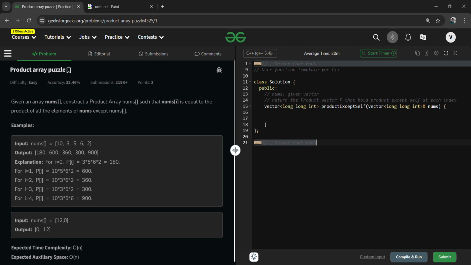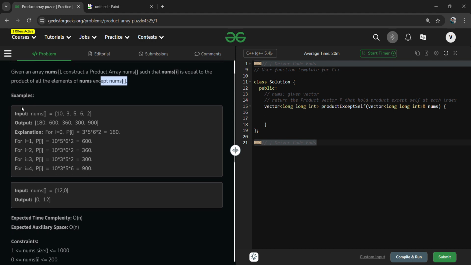Here the problem is: given an array nums, construct a product array such that nums of i is equal to the product of the elements of nums except nums of i. So basically in this problem we have an array nums and these are its values. We need to return the product array in such a way that the value at index i is equal to the product of the elements of nums except nums of i. Like for example, here is the first example, where the array nums contains 3 10 3 5